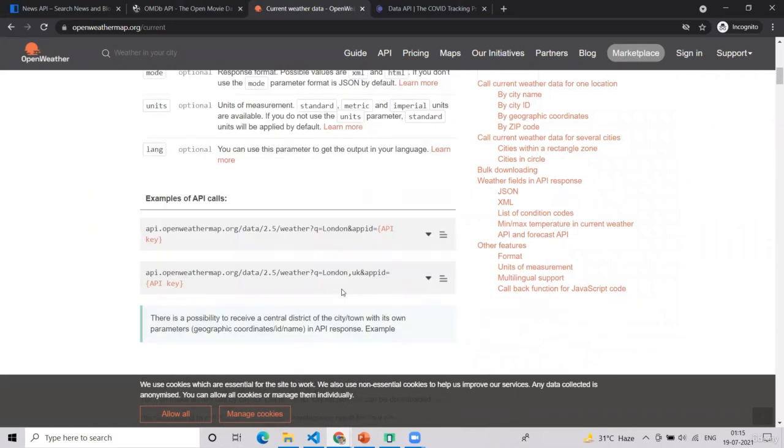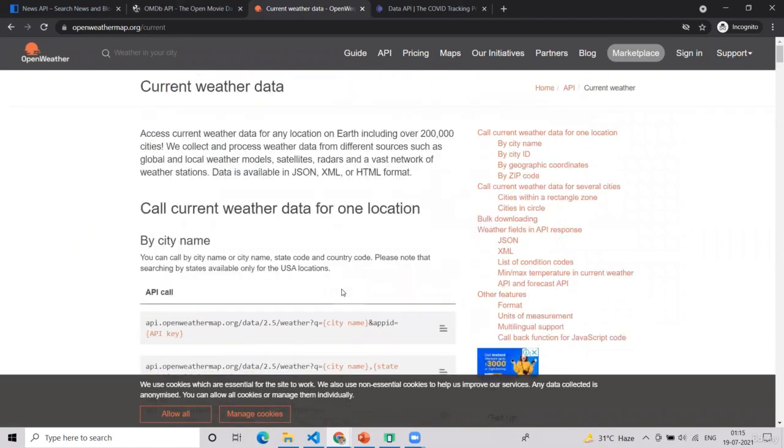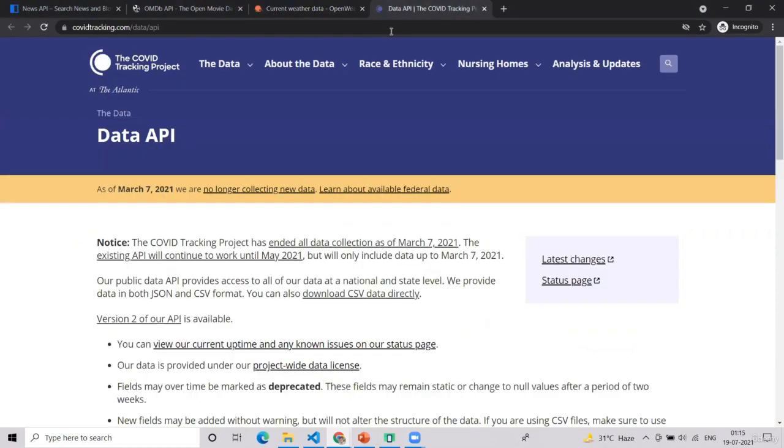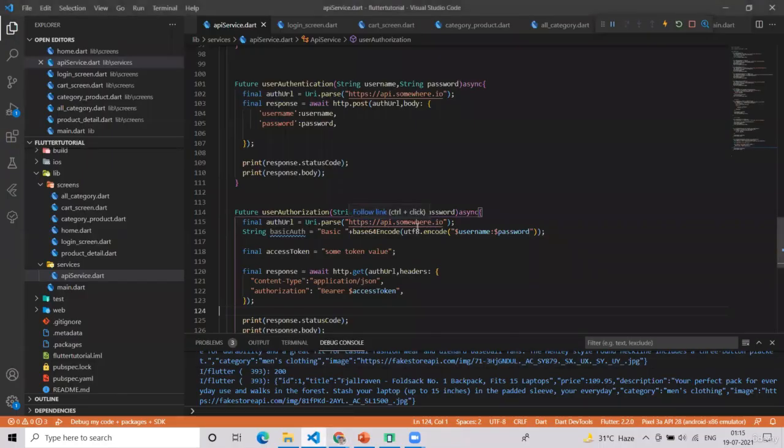So you just have to read the documentation properly and try it on your own. And in this pandemic, if you want, you can also get the COVID tracking API where you will get all the COVID-19 related data around the world. With this also, you can build your own application.